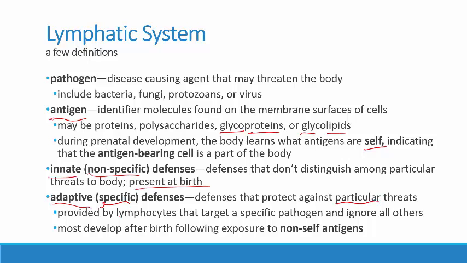Adaptive defenses are provided by lymphocytes. So we'll have to be talking about those lymphocytes in the next video, where we start looking at the adaptive defenses. And it's the lymphocytes that are trained to target very specific pathogens and to ignore any others. So we have to have a lymphocyte that's tuned specifically for an antigen. But if it's tuned for an antigen, it won't be sensitive to any other antigens. And most of these adaptive defenses develop after birth and following exposure to some sort of non-self antigen, so bacterial invasion or viral invasion of the body